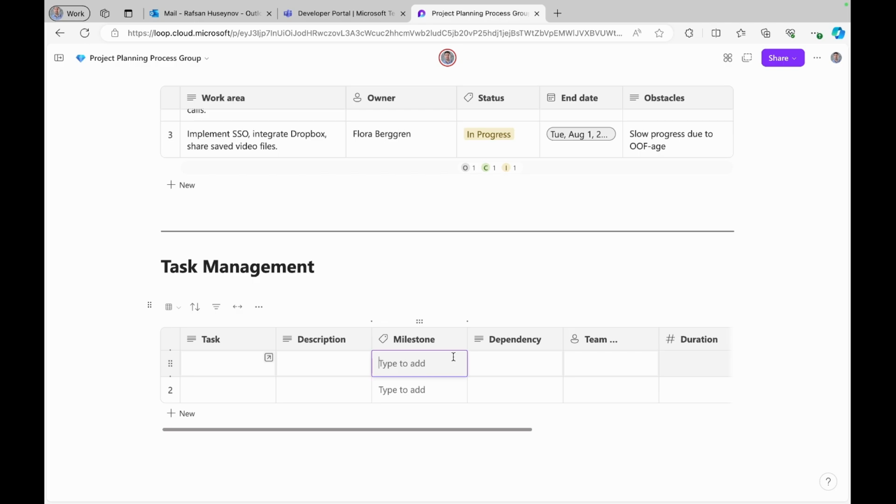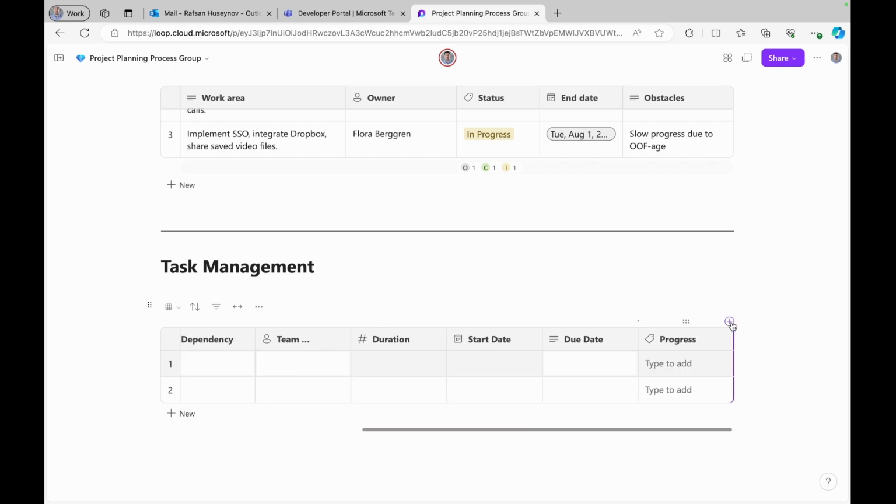This is very helpful because later, let's say we have 200 tasks. Having milestones will help us to filter our tasks based on each milestone, and that will narrow down the selection. So, and also what I would like to do, I would like to add